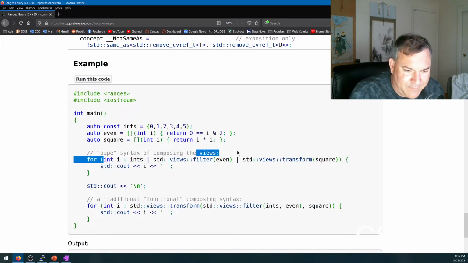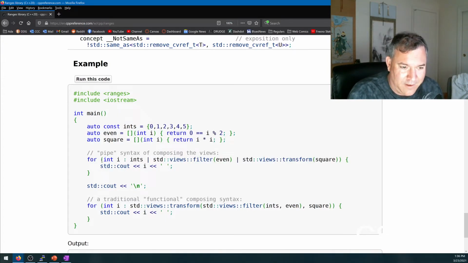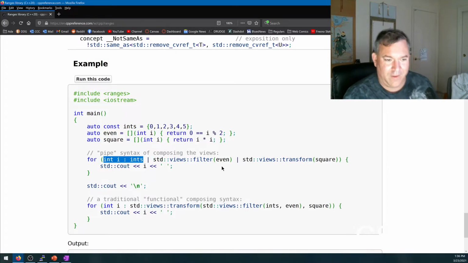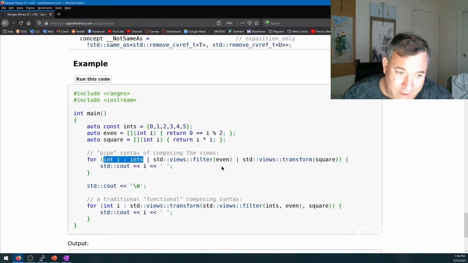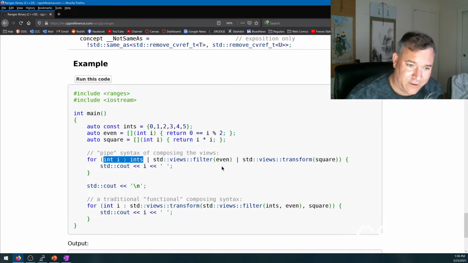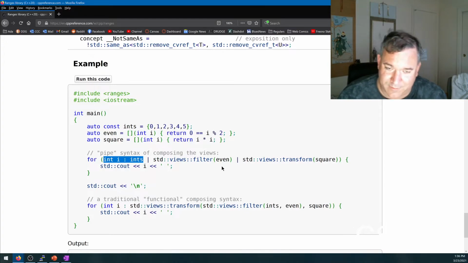So the pipe syntax for ranges is pretty cool. For every, and it uses the colon here. So this is a range-based for loop, right? For every integer in ints, so the first time through the loop it'll be 0, next time through the loop it'll be 1, next time through it'll be 2, right? Except